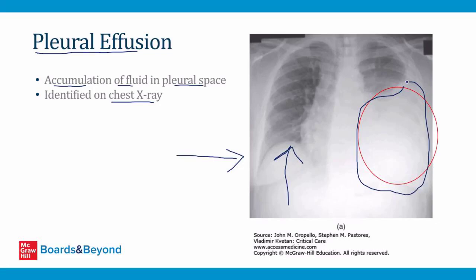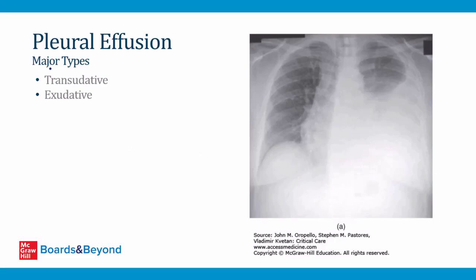That's a pleural effusion. Notice that it doesn't correspond to a single lobe like a pneumonia, like a consolidation. Instead, the fluid is covering multiple lobes of the lung and filling all the way up to the top. That's a pleural effusion. We'll talk later about specific diseases that can lead to the development of a pleural effusion,